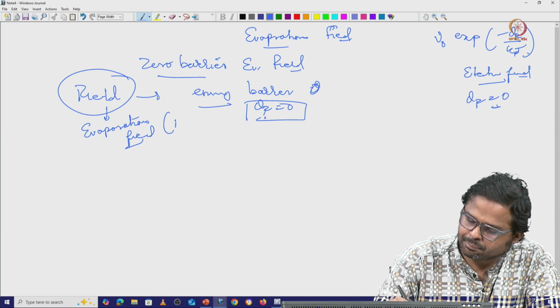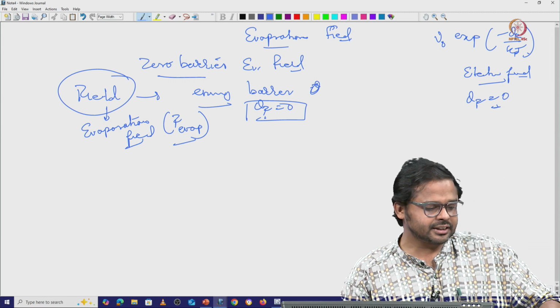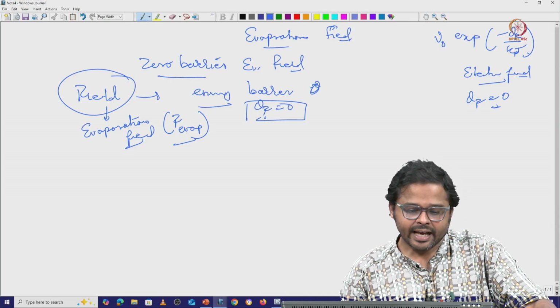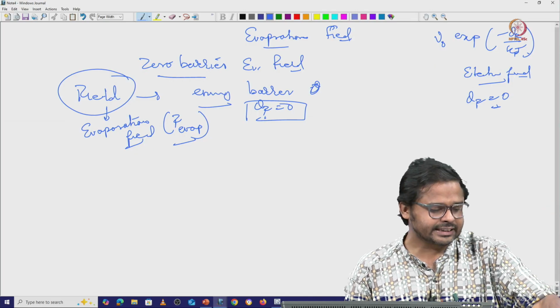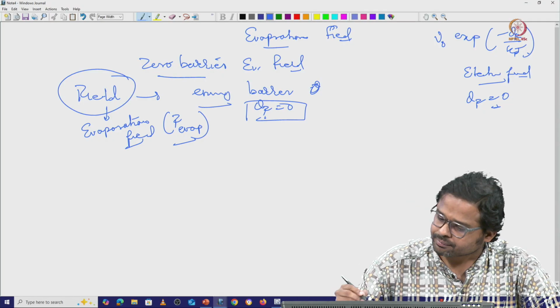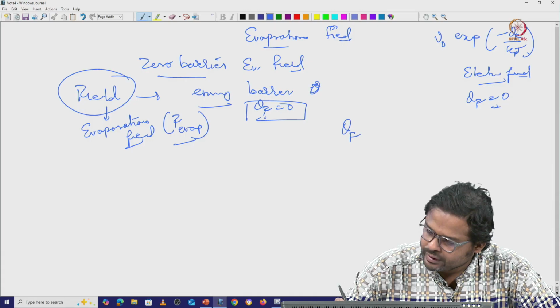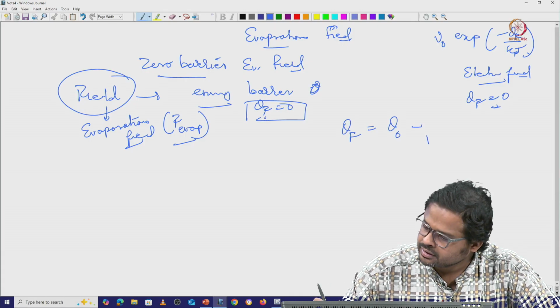Okay, we can put it as FEVAP. So this is a very important term, and this is a value which can be calculated for different elements. Okay, so now we know that in the previous expression we have